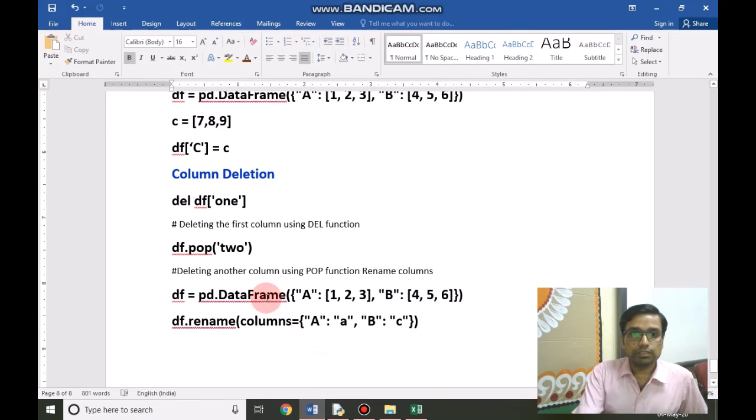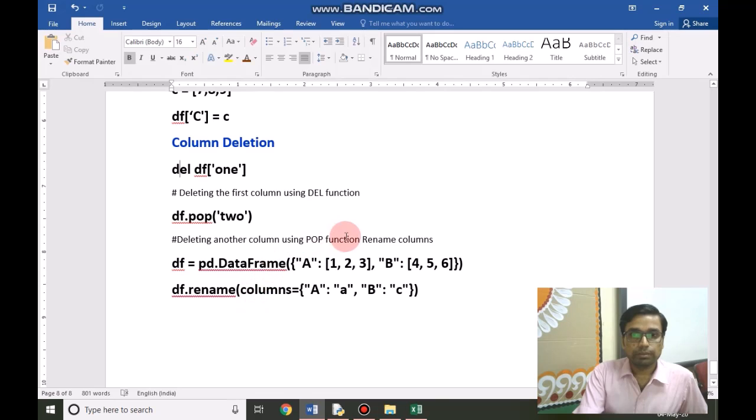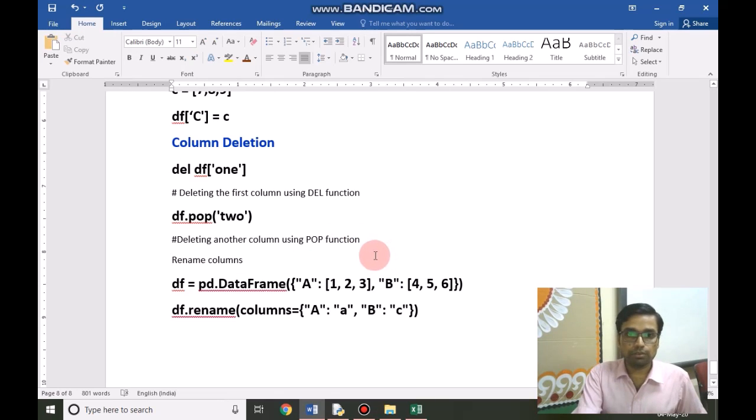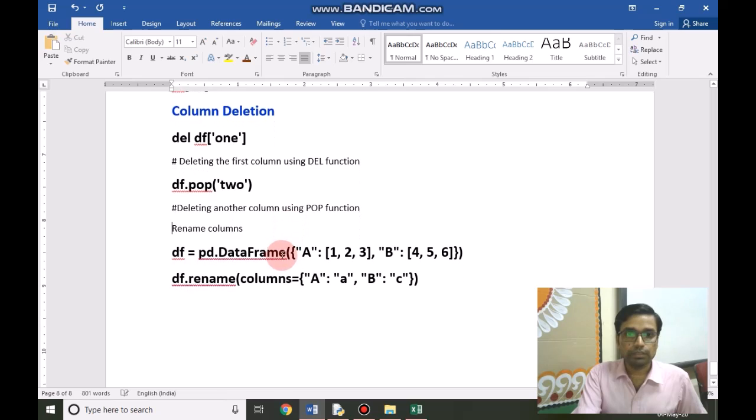Next one is renaming columns. How to rename a column? To rename a column, we have to define a data frame.